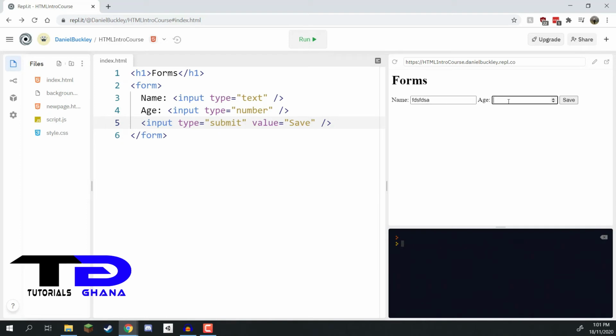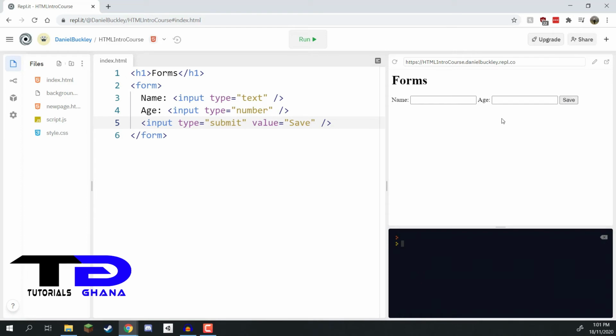We can enter in a name, we can enter in an age, and then click save here. And as you can see, it basically removed these elements here, and that is because this submit button submits it, but right now we don't have any sort of backend to submit this text to, so it basically removes the text here. Whereas, if you're creating a website where you actually want to submit a form, you would connect it up to a server, or you would connect it up to some other sort of code